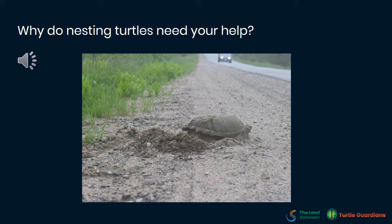So that's huge because, as you probably know, turtles are really, really slow at replacing themselves. Because turtles are so long-lived and so slow growing, they take a long time to get to the age before they can reproduce. Some species here in Ontario can take up to 15 or 20 years before a female is old enough to lay eggs. And then once she lays eggs, most of her eggs, year after year after year, will not make it to an adult aged turtle because they will be eaten before they even hatch, or they will be eaten as a small hatchling before they can grow to be a juvenile or adult where they are more